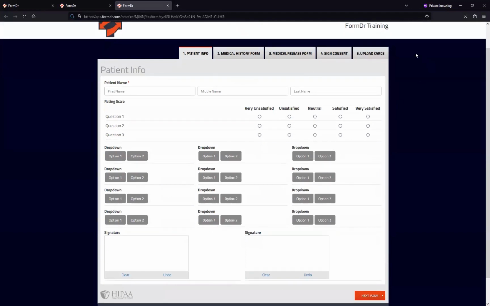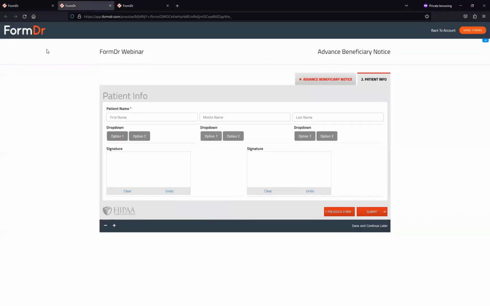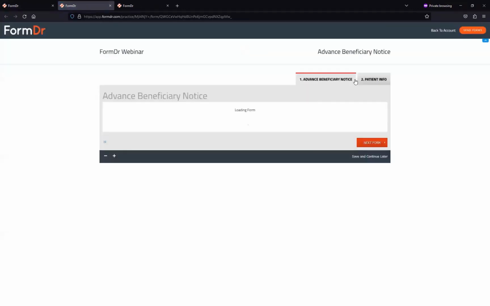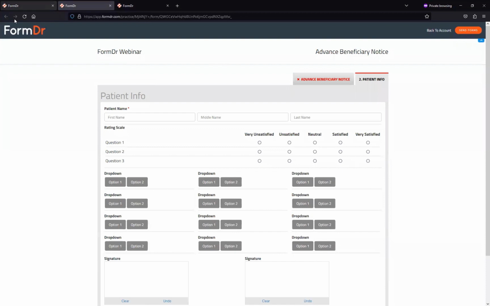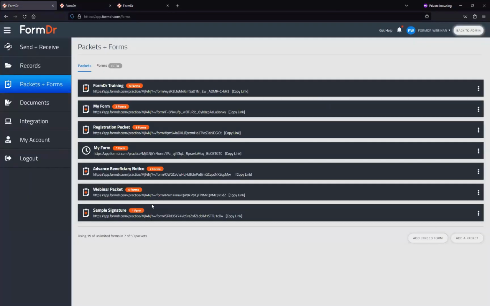So we won't need to go into these packets to make these changes. They will automatically be made anytime that form has been refreshed. Those changes will be there for you. So the sync form can be very helpful. Just remember that it's only going to be one tab, and it will be